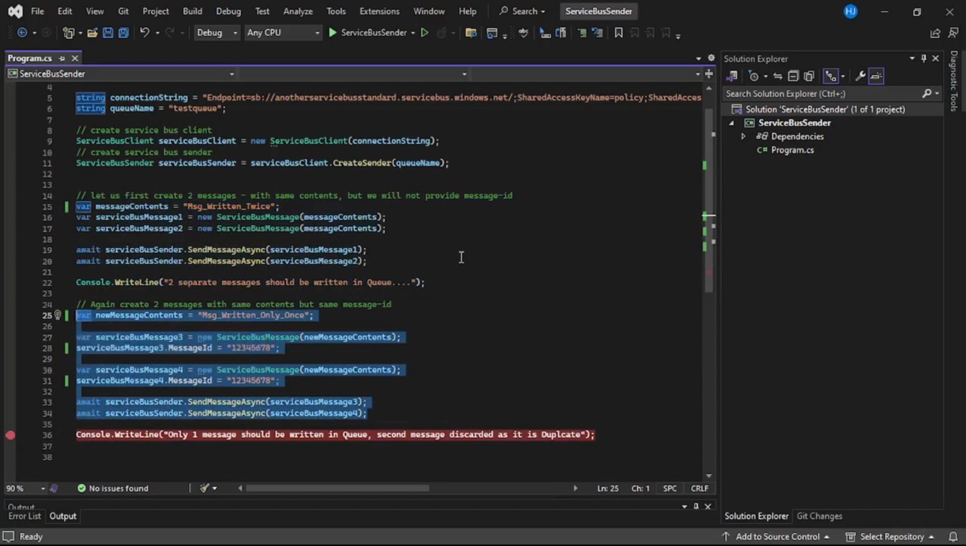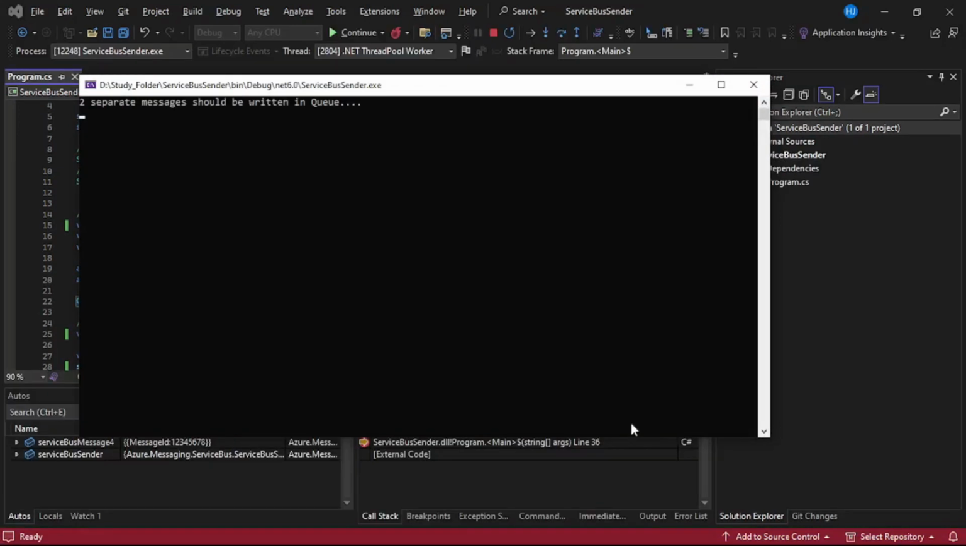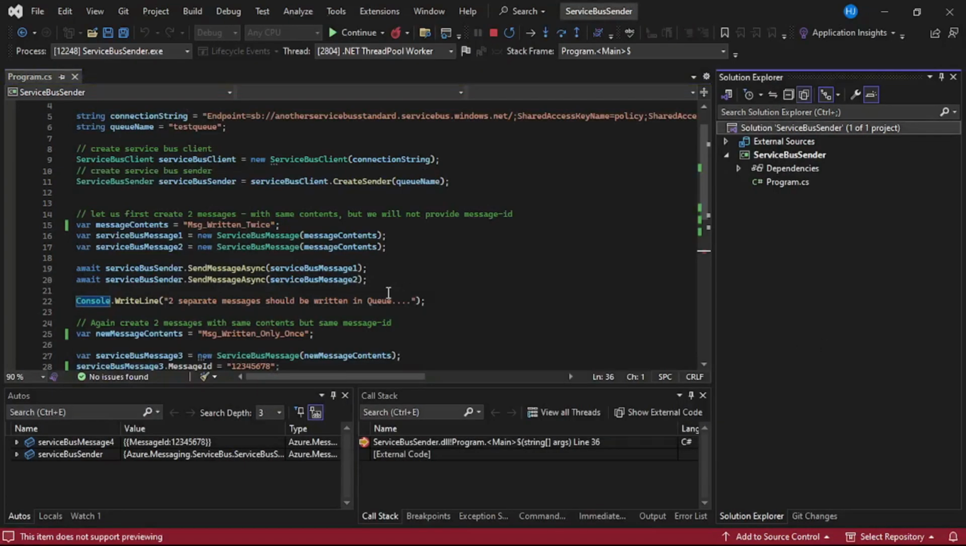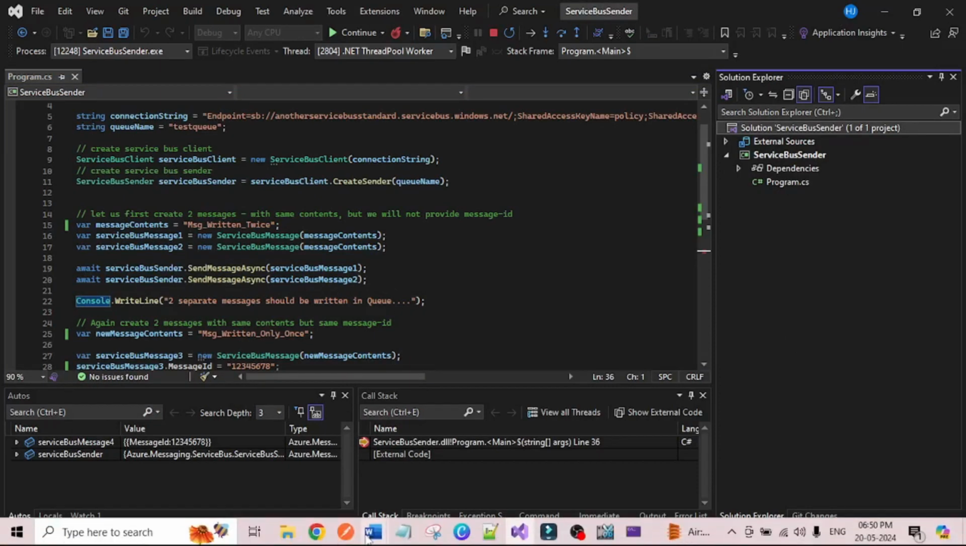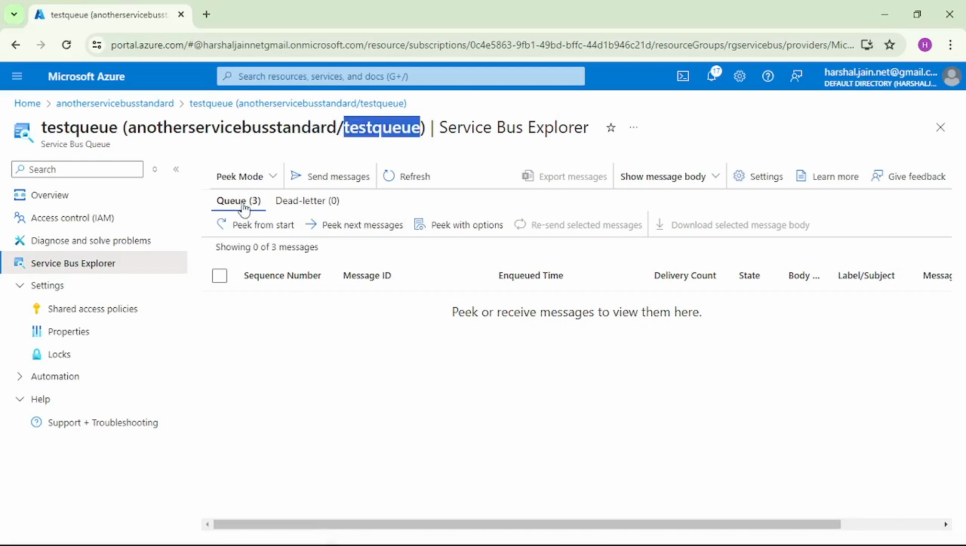So let's run our program and let's cross-check that. So I will say run. So our debugger has been hit. That means a total of 3 messages must have been written to the queue. So let's go to this queue, and then I will say peek from start,